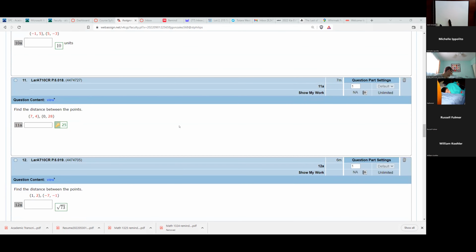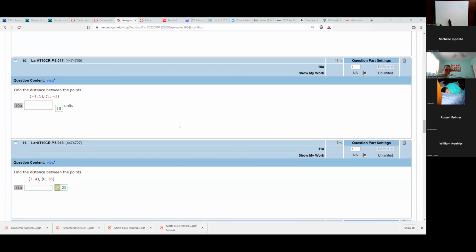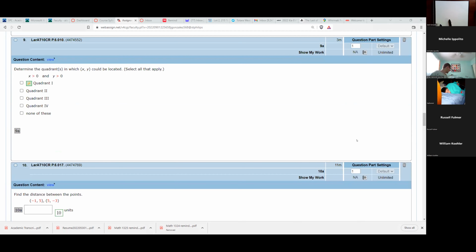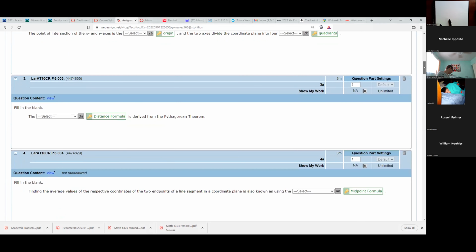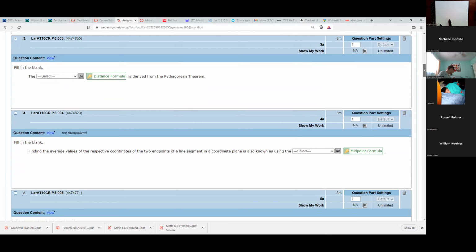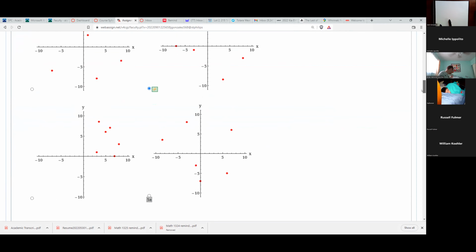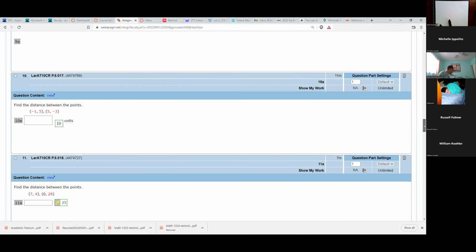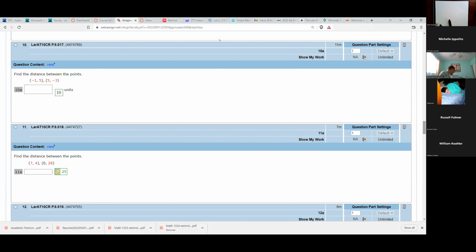10, 11, 12, these are going to need formulas. The formula, as you saw earlier at the very top, if you look at the theory and the notes, the distance formula comes from the Pythagorean theorem. So you're basically finding the hypotenuse. But just to keep it simple, distance is going to be